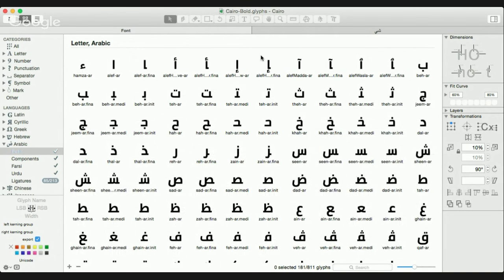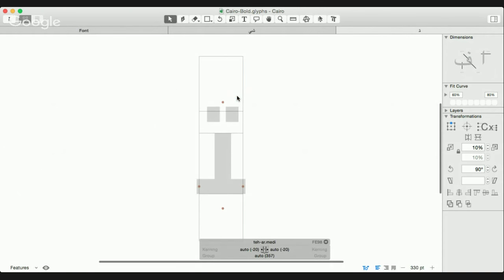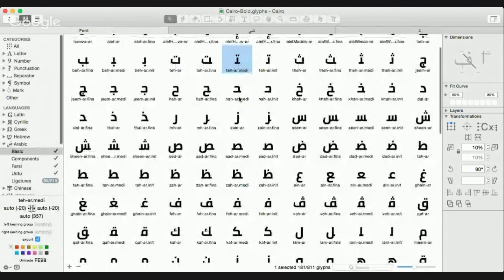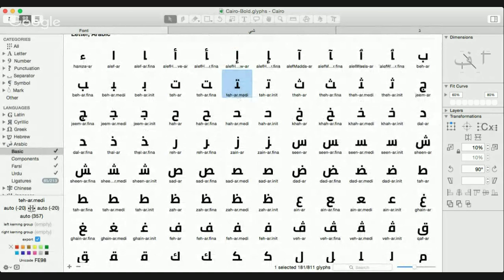So I start illustrating all the alif in most of its positions with the mad and the wasla and everything. And then I start adding the b and t using components built on the dotless b. That helps a lot in pushing through the first batch of glyphs that you start with. And mainly I leave the features automatically generated, so it generates the features for you,